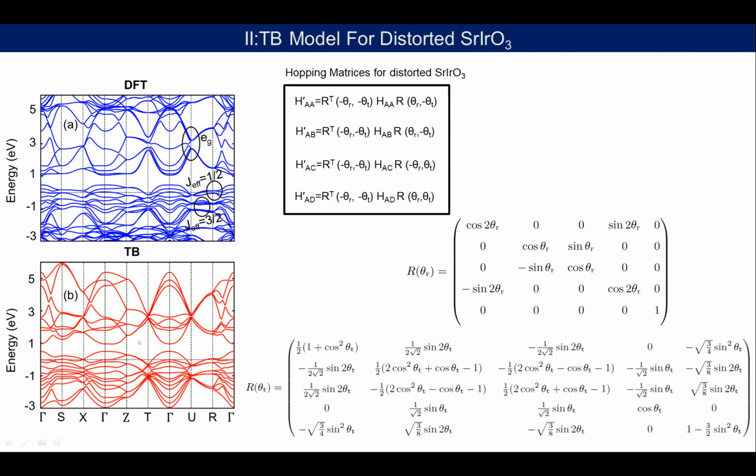As you can see, the EG state and T2G state, as a result of the distortion, this octahedral distortion, get segregated very nicely. And at the high symmetric point U, there is a Dirac node which forms, as I already showed in the bulk electronic structure. This is a Dirac semi-metal with a Dirac node at the high symmetric point U. So with the model, these things are very well kept.